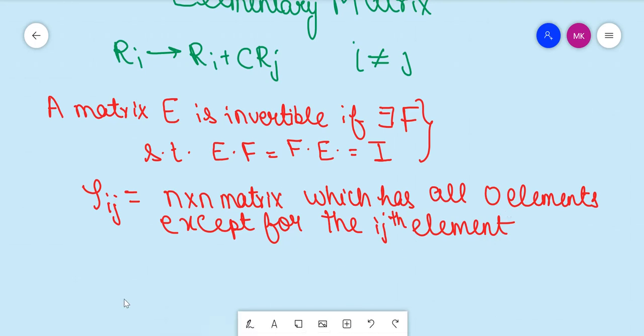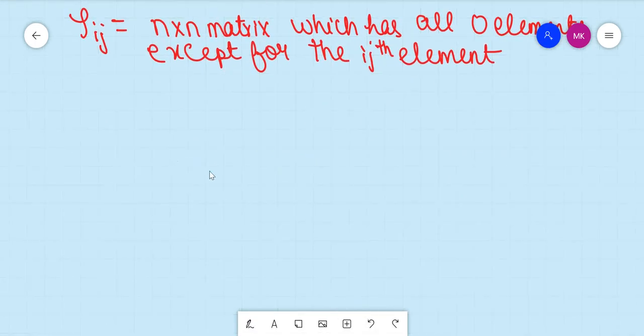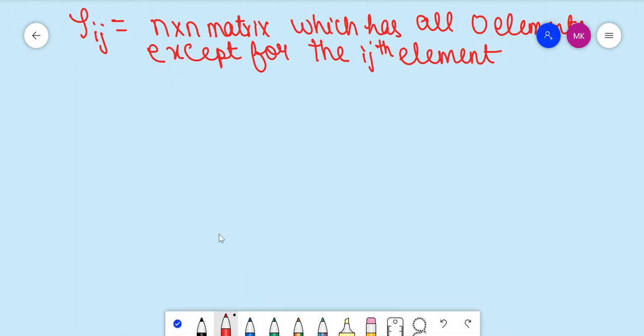So again, let me get some more space here. Okay, so then we can write E, which is our elementary matrix, as the identity matrix plus c times row ij. Similarly, we can write F, which is the matrix which is the inverse of this, as I